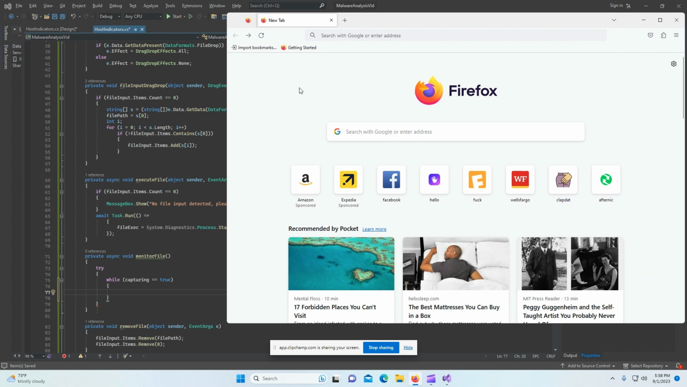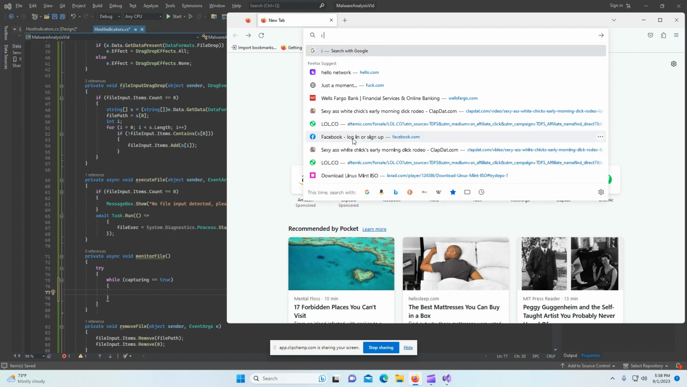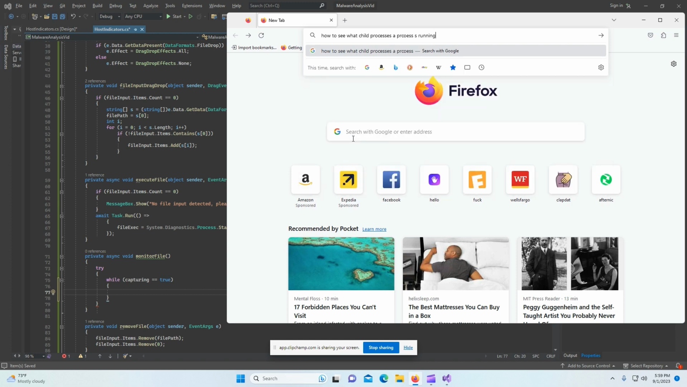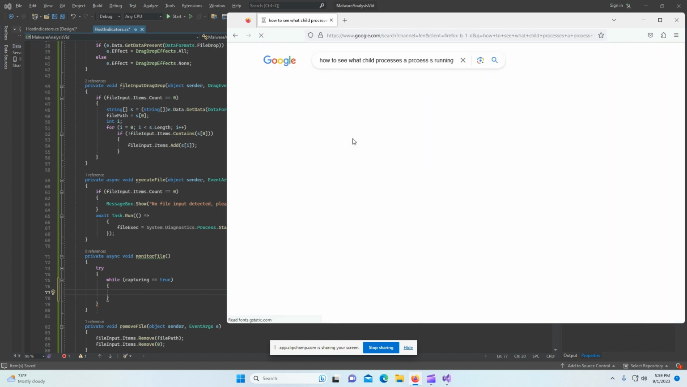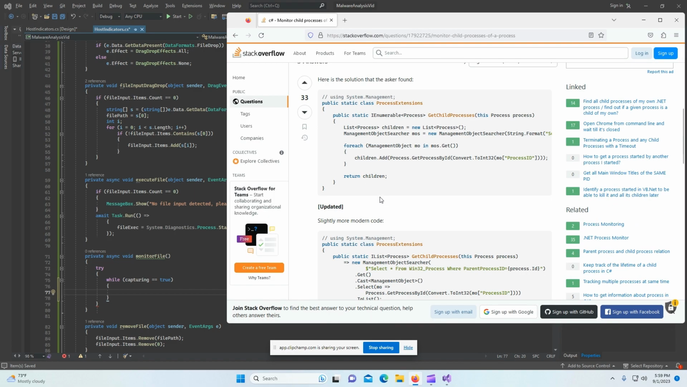Okay, whatever. These processes are going to make child processes in order for the malware to execute further. So I searched up how to see what child processes a process is running in C# WinForms. The first time I searched this up, I immediately found this. This is actually very good. So you just want to copy this,